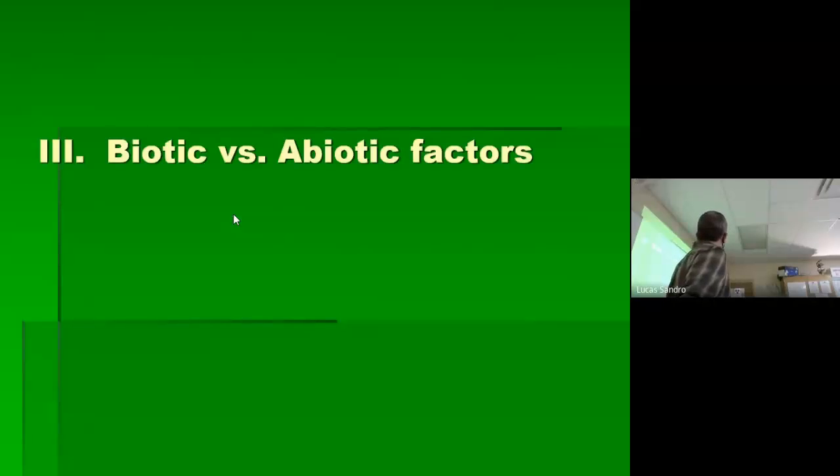Okay, a pair of terms now that I think you can probably puzzle out if you haven't heard them before. I wouldn't even really talk about them, except there's always a question in the state test. It's always something like, which of these is the abiotic factor? Is it the tree, the antelope, the bacterium, or the rock? And of course, you would choose the rock, because putting a in front of something means not that thing. And bio, you know the root, like biology, means living. So this means living versus non-living factors.